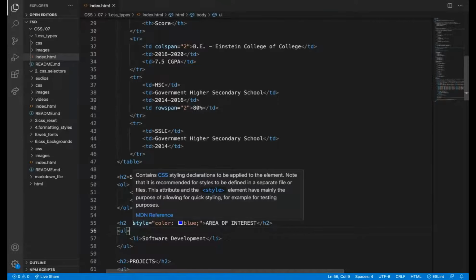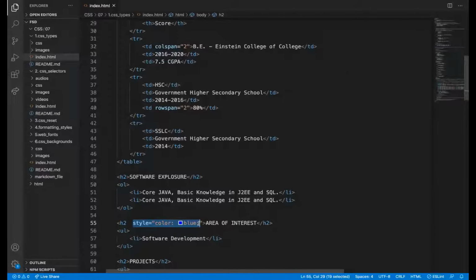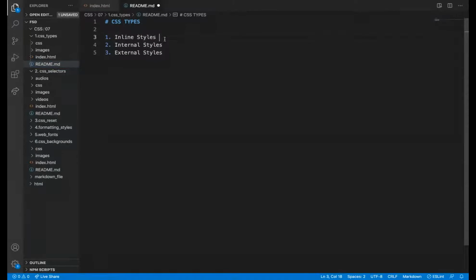So if I want to add styles to a particular element, this style applies only to this particular element. We call this inline styling. So the first one we have studied is how to use the style attribute in each element.